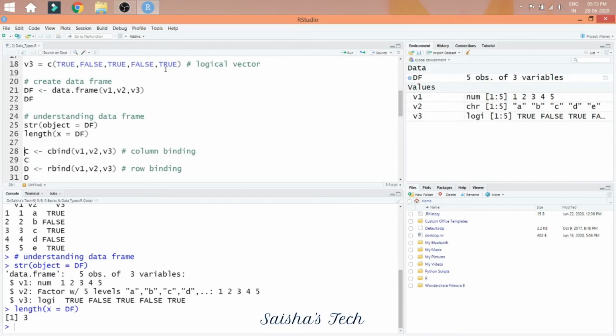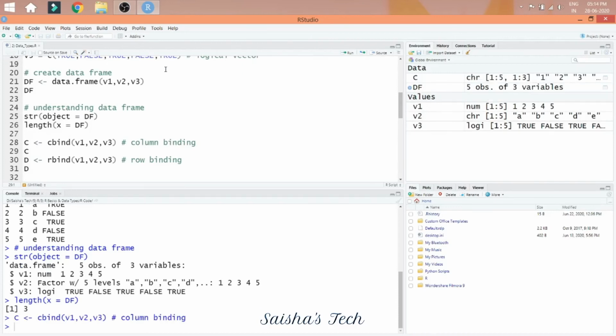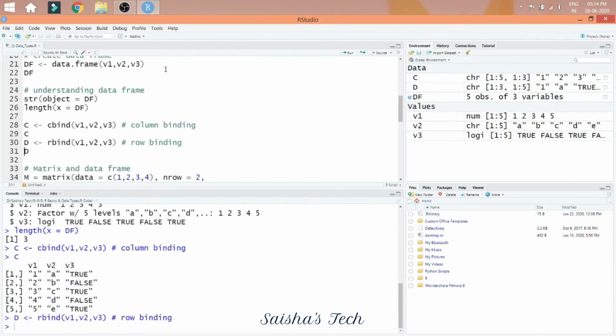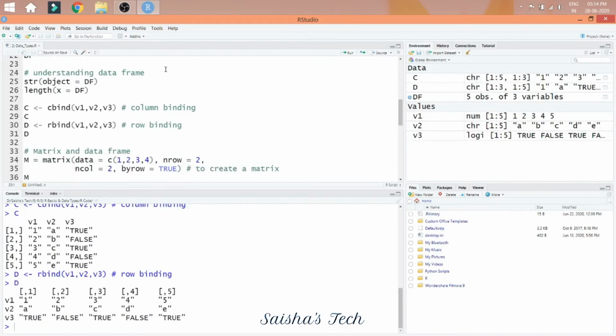We have two functions, column bind and row bind. Column bind function combines vectors by column. Similarly, row bind function combines vectors by rows. As you can see, C data frame provides us column bind and D data frame provides us row bind.